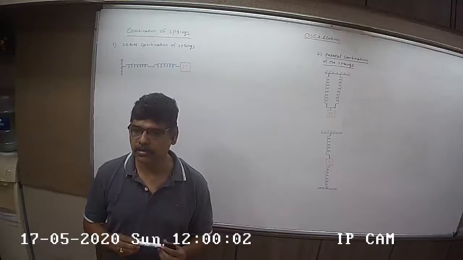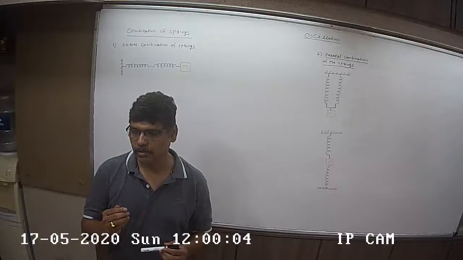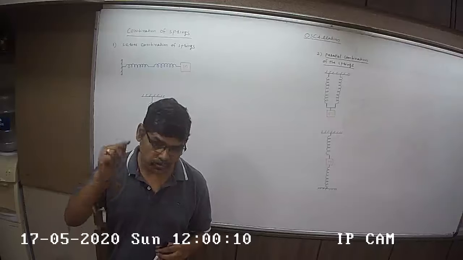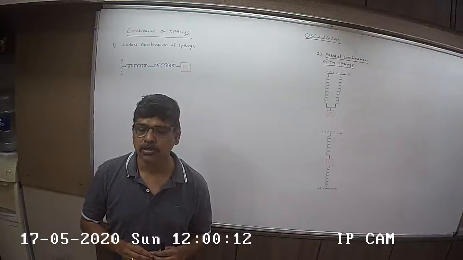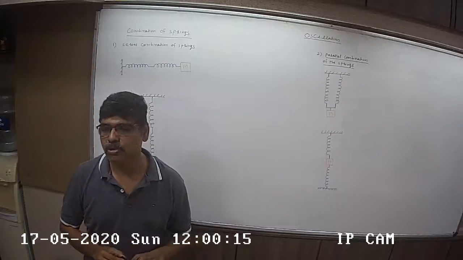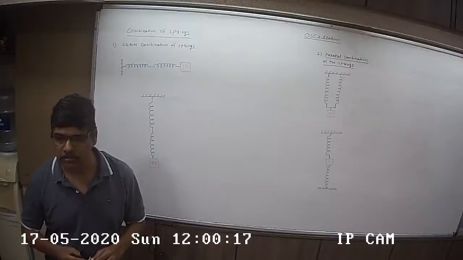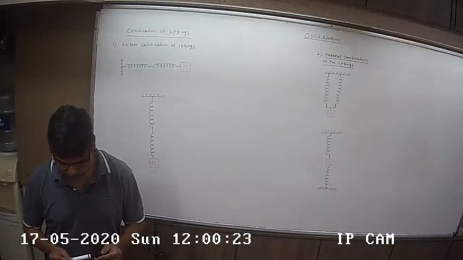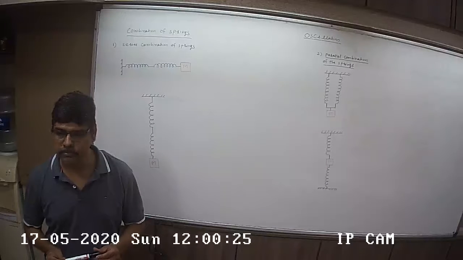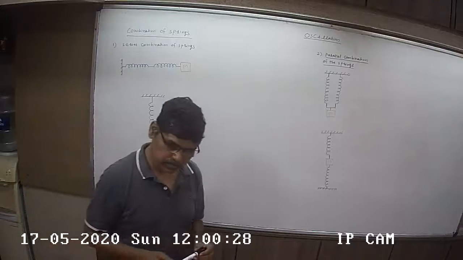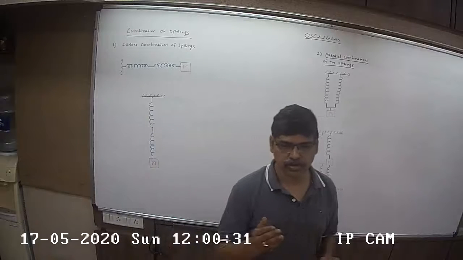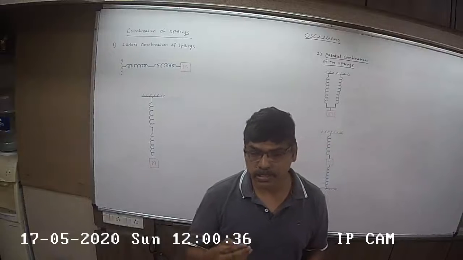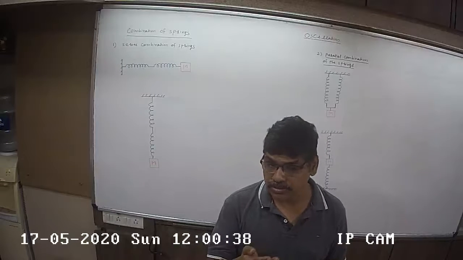There I said that any body which moves to and fro about the center of motion, or up and down about the center of motion, is called oscillatory motion. The center of motion is called the equilibrium position or mean position, or you can say the center of oscillation. Then I said that the displacement, velocity and acceleration of a particle performing linear SHM are expressed in terms of sine and cosine functions. Last time we have seen that.